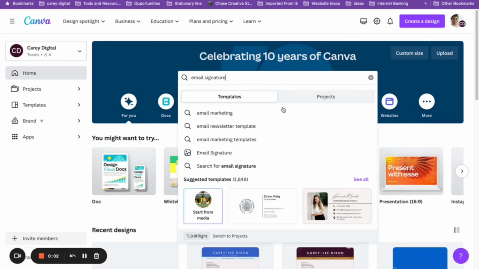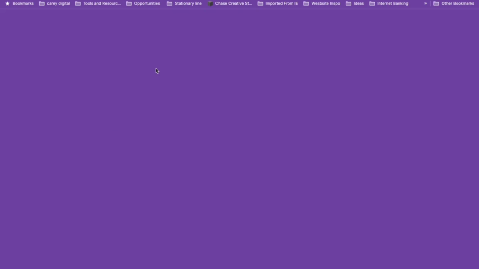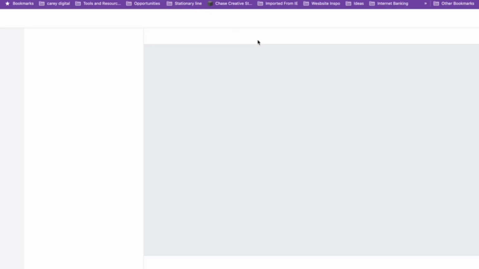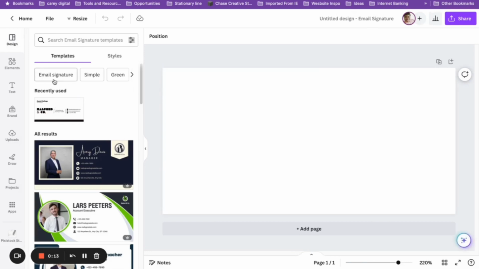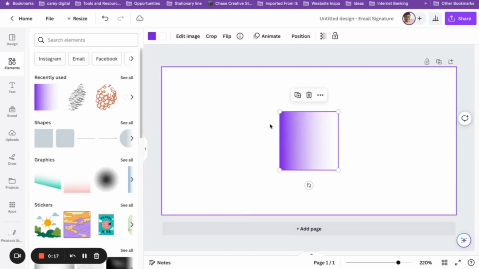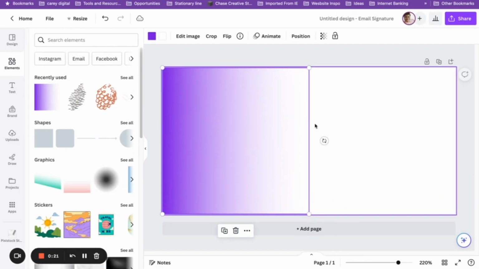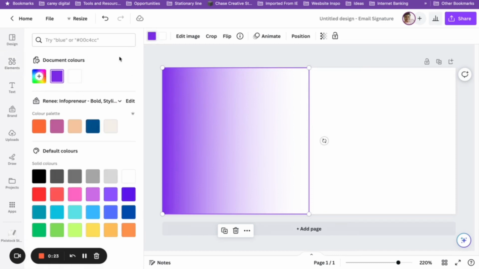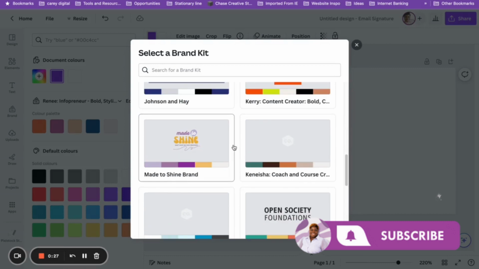The first thing you want to do is open Canva and type email signature in the search bar. There you'll find ready-made templates that you can customize to fit your style and branding. Select a template that resonates with your brand, from elegant to modern, because guess what, there's something for everyone and you can go ahead and customize it. However, in this video I am showing you how you can create your very own email signature that is unique